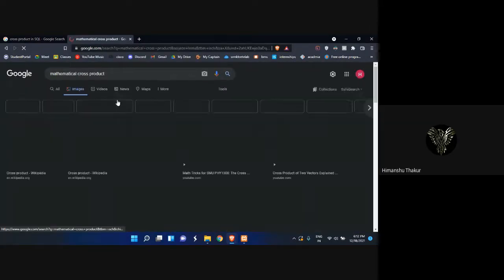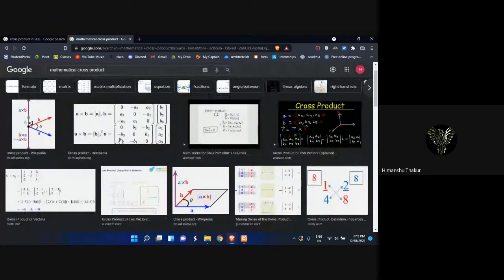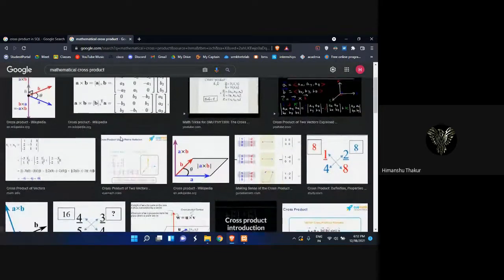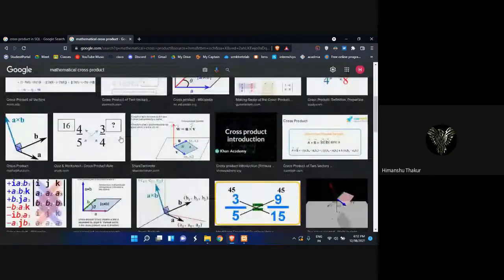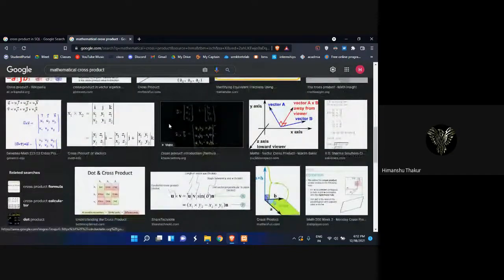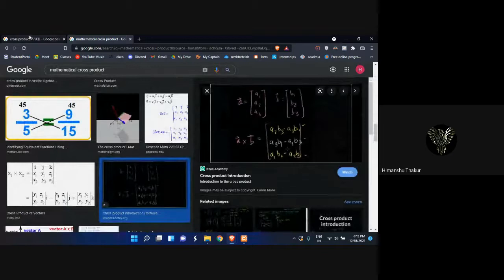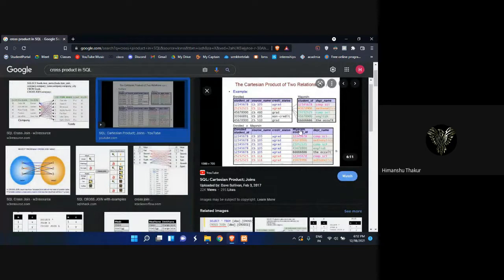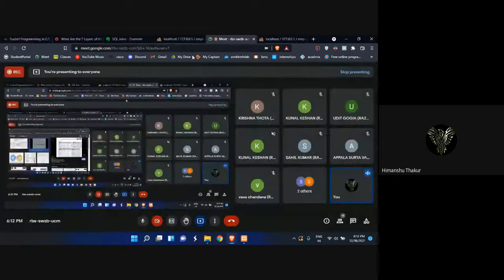Whenever I do A cross B, it doesn't have a proper example of it. Okay, leave it, a little more complicated. Okay, let's do it in code.